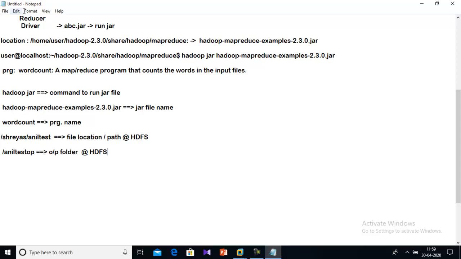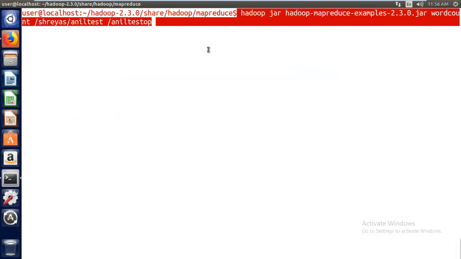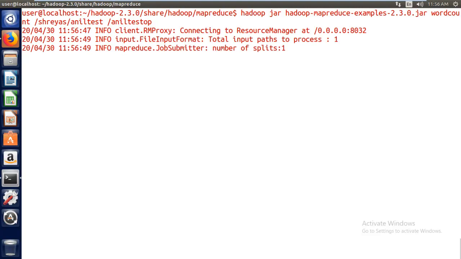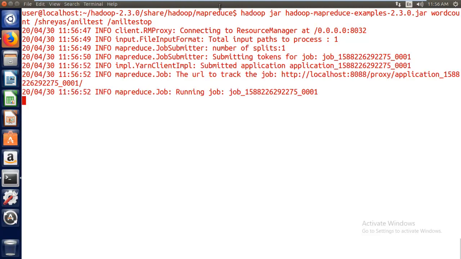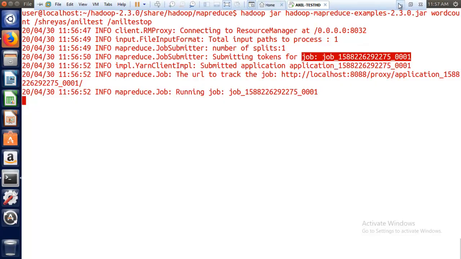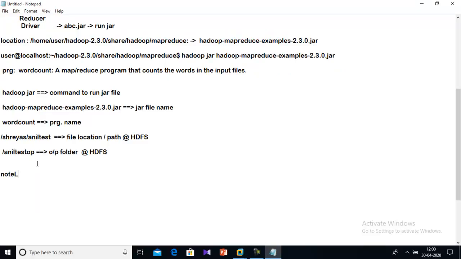This command, I mean to say the syntax, is really what I have given. Now let us run, guys. It will take some time and we need to observe some things. Immediately you can see it has initially created a job ID. That's the first thing, and you can see it's running the job. This is the first thing you need to make a note of, the job ID. It's created some unique job ID, fine.